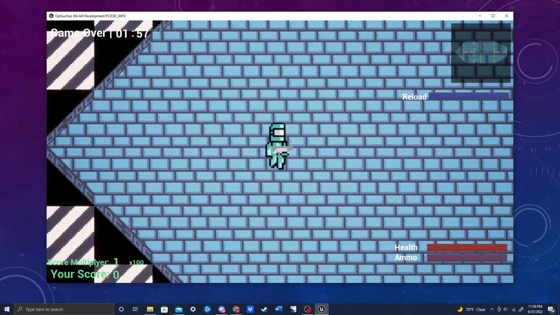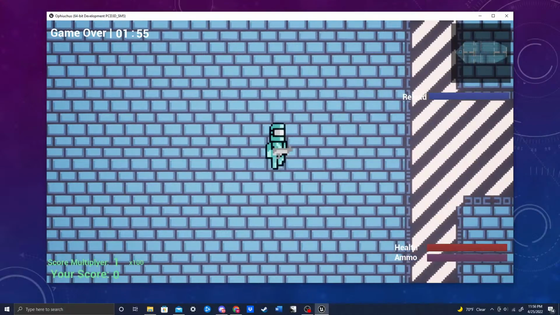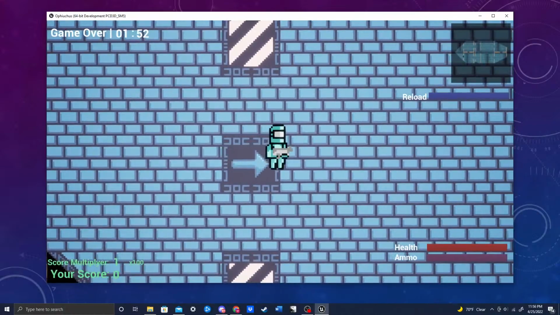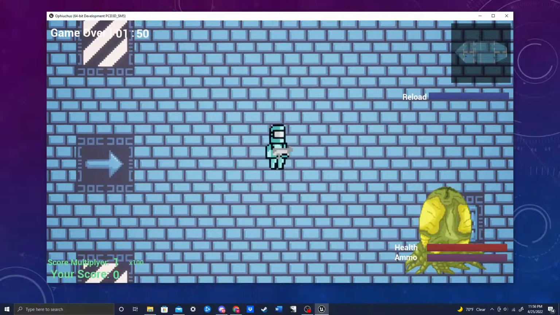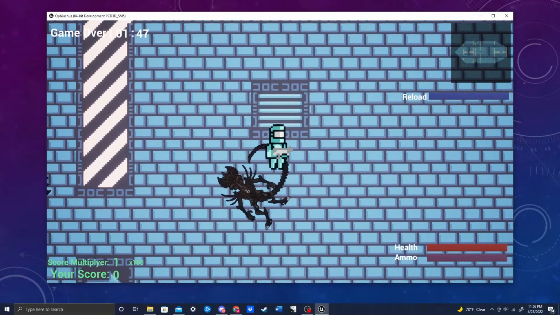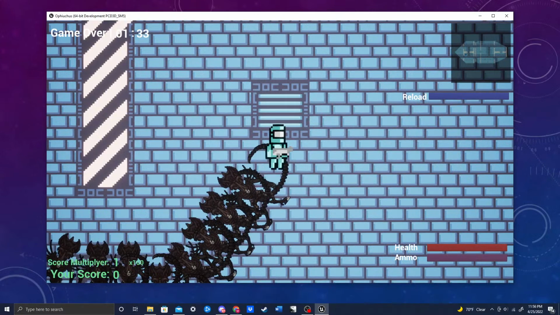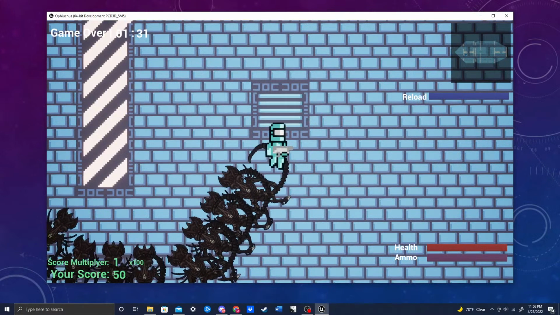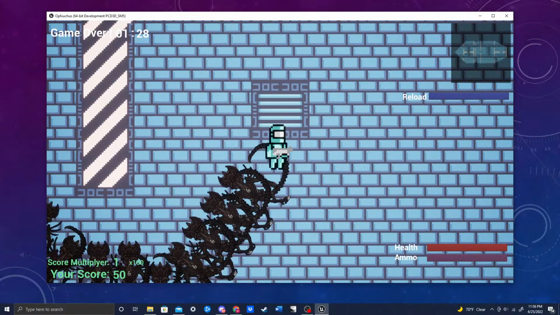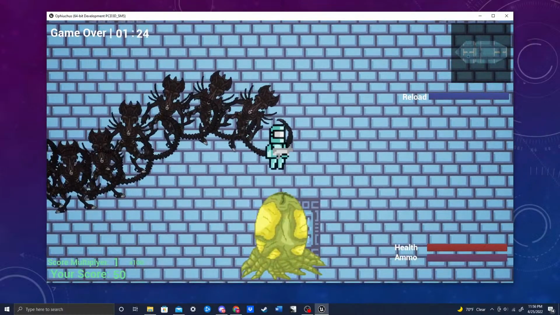And I'm also going to press L to enable the cheat mode, just so I can go over the last couple of things. And on the bottom left, we see a score multiplier. Oh, this is the cheat mode working in effect. As you can see, the aliens are attacking me, but the health is not going down. And on the bottom left, going back to that, was the score. My score is only going to go up when you kill an alien. As you know, they're worth 50 points each. And the eggs are worth 100 each, but every time you kill an egg, they're worth